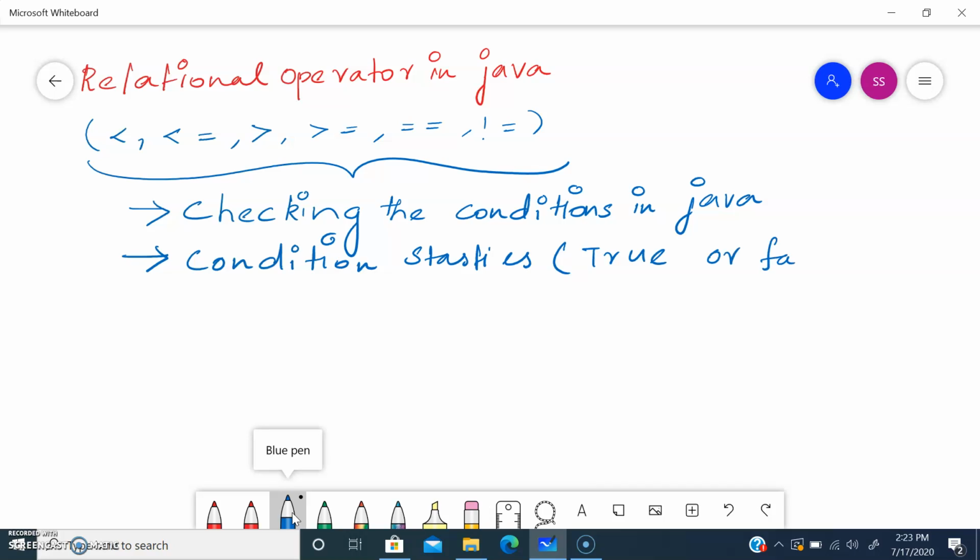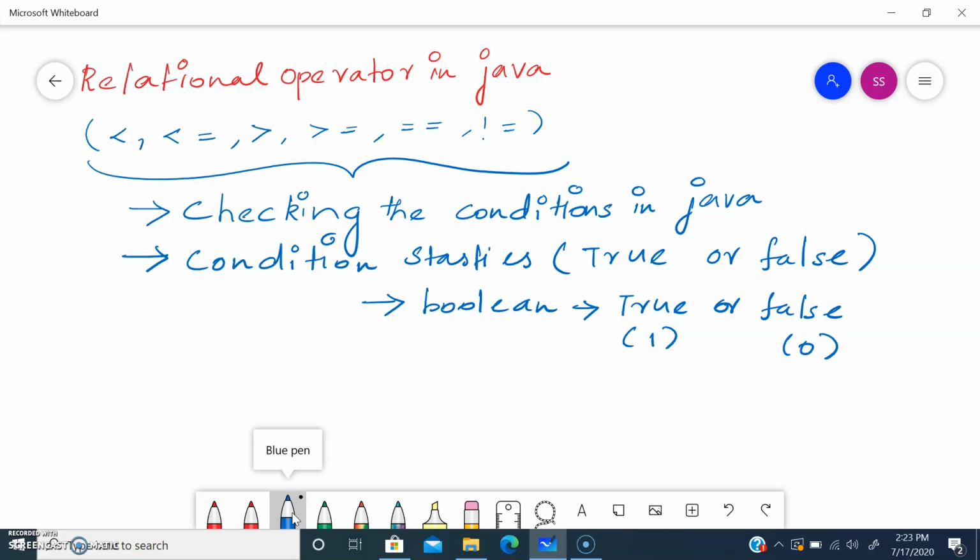Otherwise, it is going to return false. In Java, to store true or false, we have a data type called Boolean. A Boolean stores either true or false. True means in memory it stores 1, and false means in memory it stores 0.